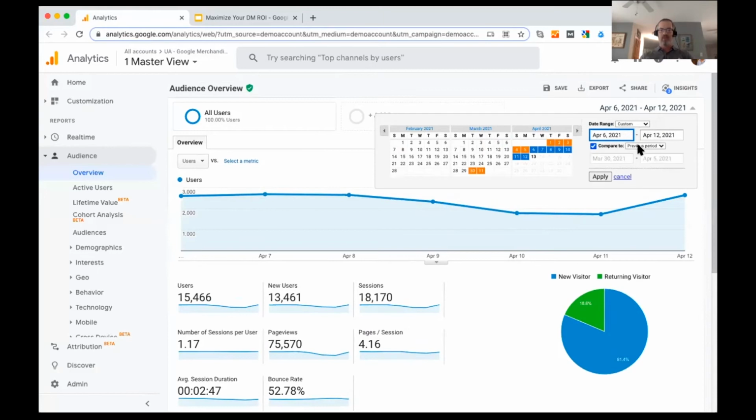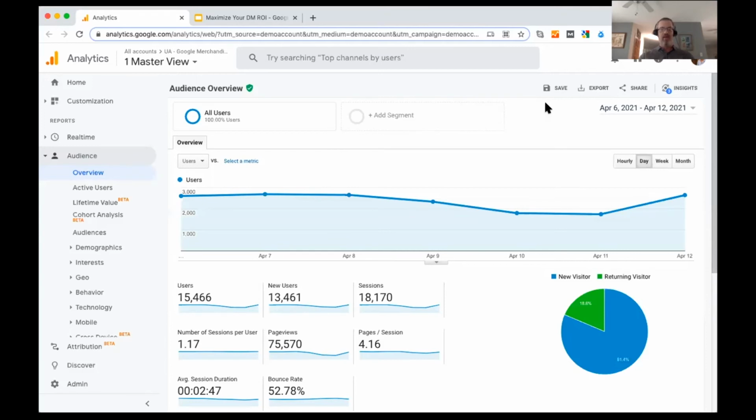There's also the ability to compare period over period or year over year. I prefer year-over-year analysis typically for anything cyclical, but it's again the idea of actionable data. It's one thing to say, okay, our users were 15,000 this month, but I want to know for the same time period last year how much improvement have we seen, or the same time period previous to this one, and look at the performance, and you can do that by the comparison.